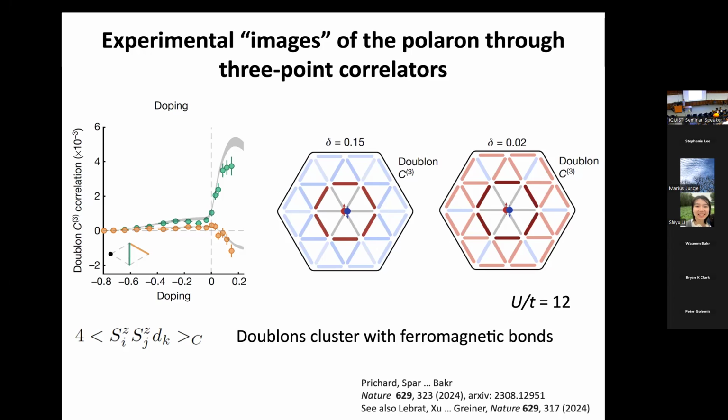And then we can extract the expectation value of the connected correlator. Okay. And so here around the doublon, we find ferromagnetism. And as we dope less and less with these particle dopants, we find that there's basically a ferromagnet forming everywhere. And this is basically, for the theorists here, it might be reminiscent of something called Nagaoka magnetism.